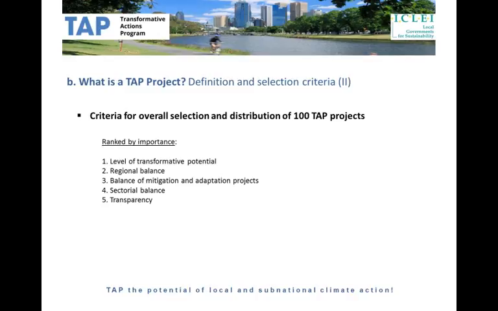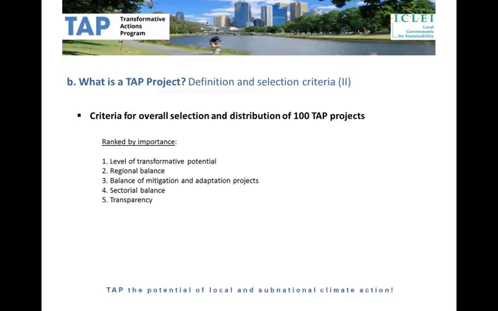Now, if we look at the criteria for the overall selection and distribution of up to 100 TAP projects, five criteria will be taken into account. First of all, the level of transformative potential of the project, which I will define in the next slide. The regional balance of the projects, that is, we look at whether the projects are distributed fairly equally between the north and the south.